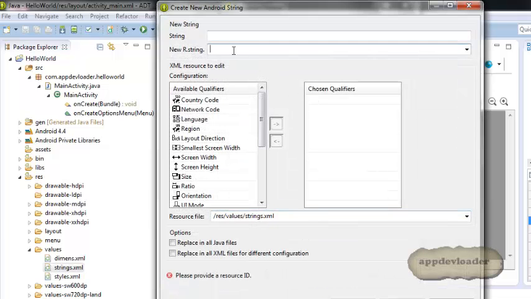So new string, and here is the string name. Let's name our string for the hint, hint. Then let's put a hint for it. So we say, let's give a hint to the user. So we say